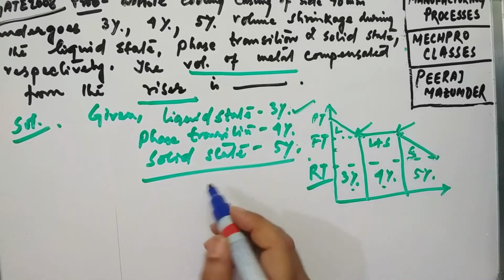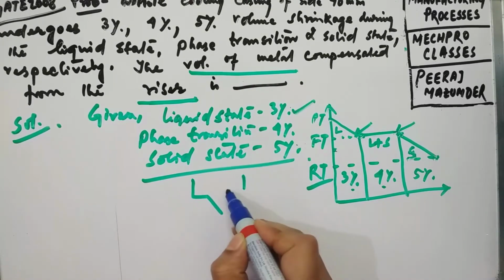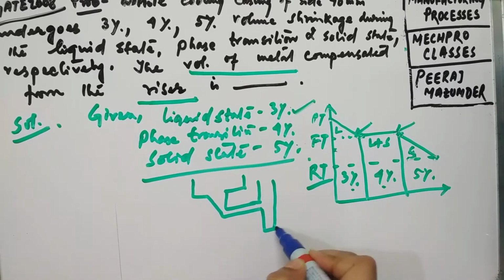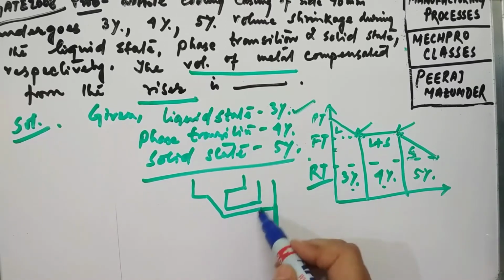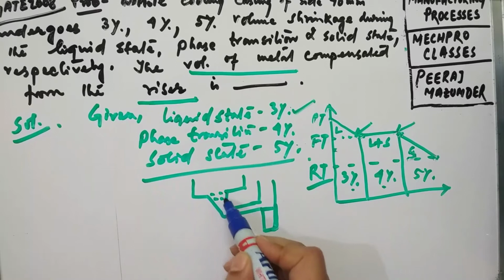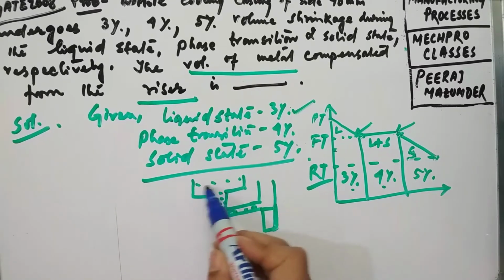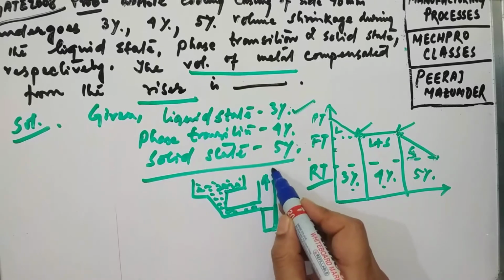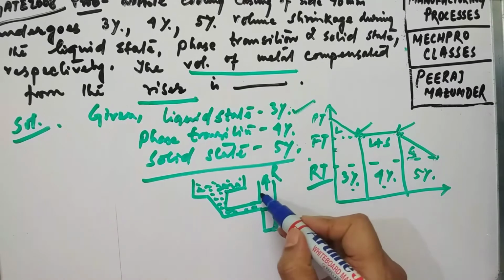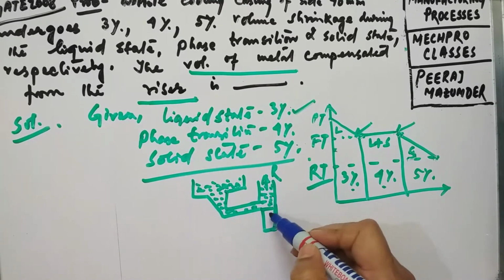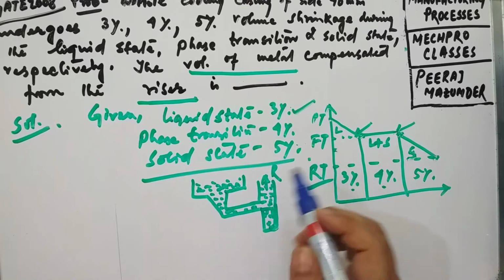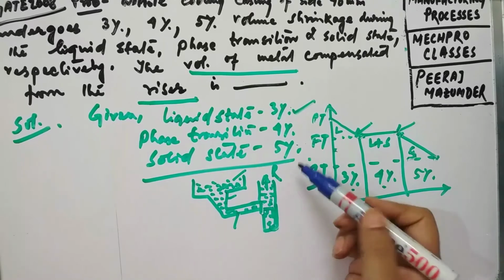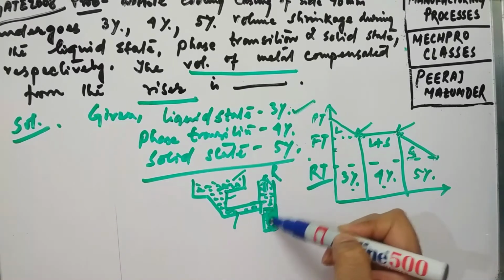Now look, riser you already know. So if I draw the diagram again, look, I have drawn this diagram many a time while giving lectures on casting, because this diagram is the mother diagram of casting. From this diagram you will easily remember and visualize what I am saying to you. So you can see again, this is the pouring basin, this is the sprue, this is the runner, this is the gate, this is your riser, and this is the mold cavity. This one is the mold cavity.